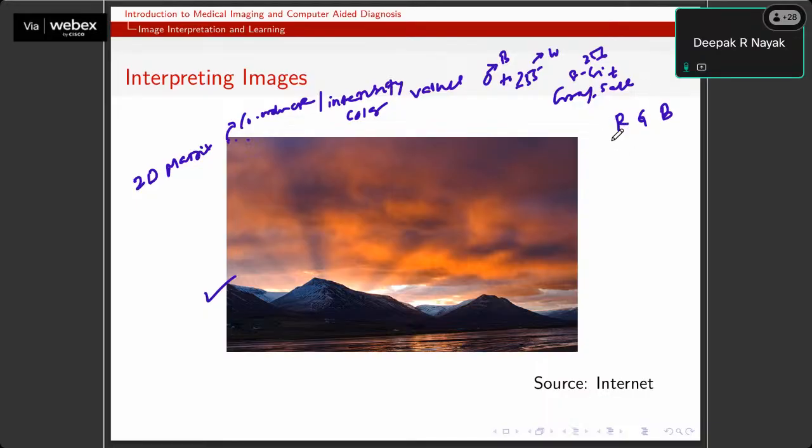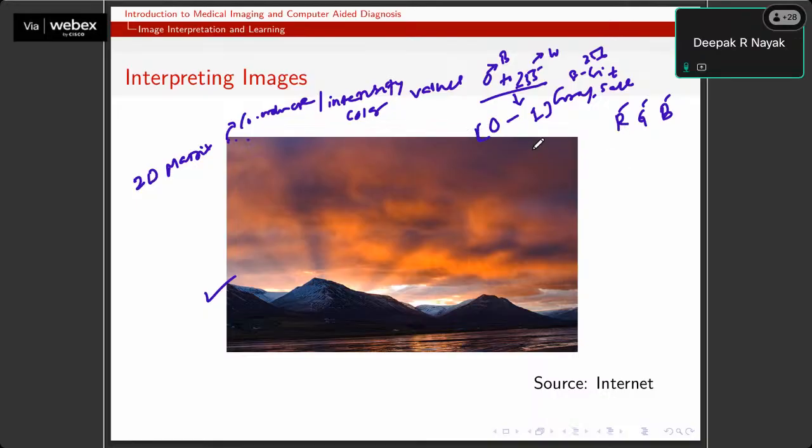So every pixel in the image will have 3 different values, and all the values will lie from 0 to 255. And sometimes, if we want, we can also normalize it and make it from 0 to 1. This is also possible. Sometimes we usually normalize the values from 0 to 255 to 0 to 1. Fine, these are different representations, right?